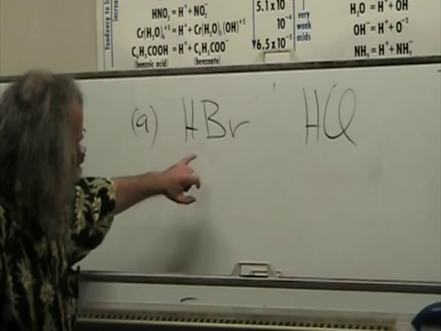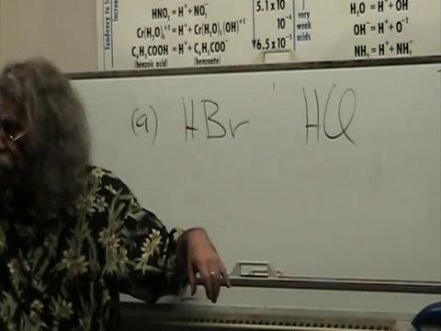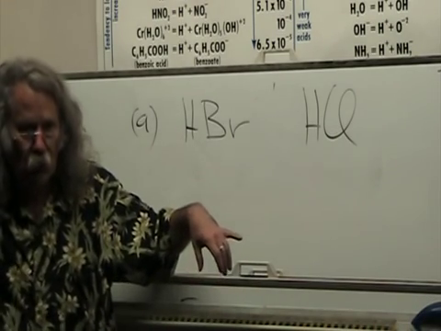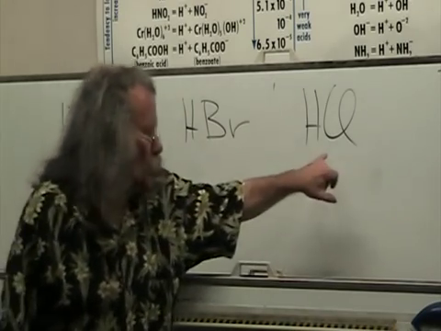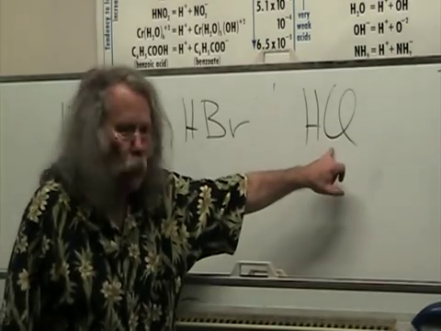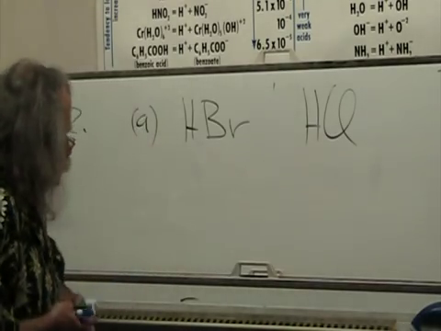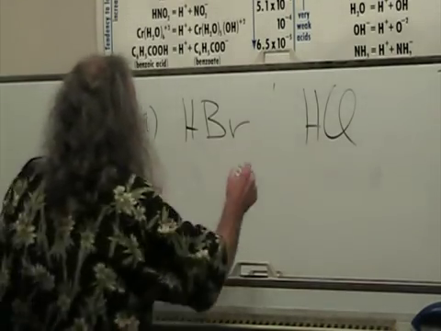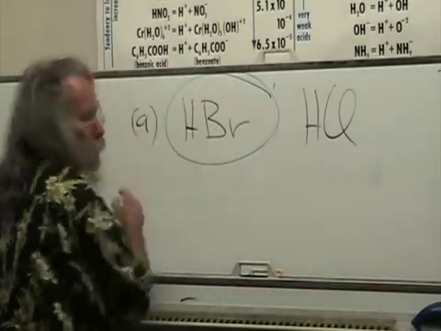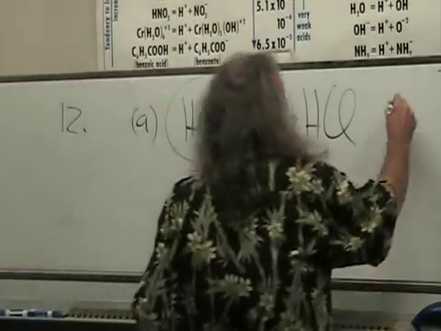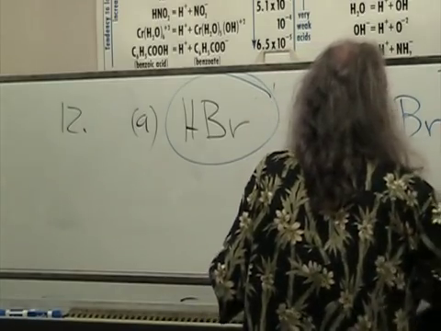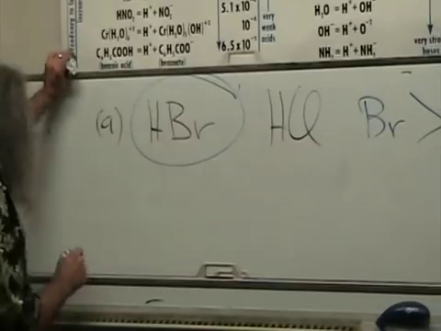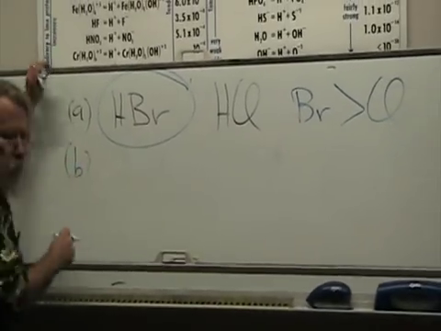And so what happens to size as we go down? Increases. Bigger. So bromide is bigger than chloride, so HBr is the stronger acid, since Br is larger than chlorine. Okay? Now, for number B,